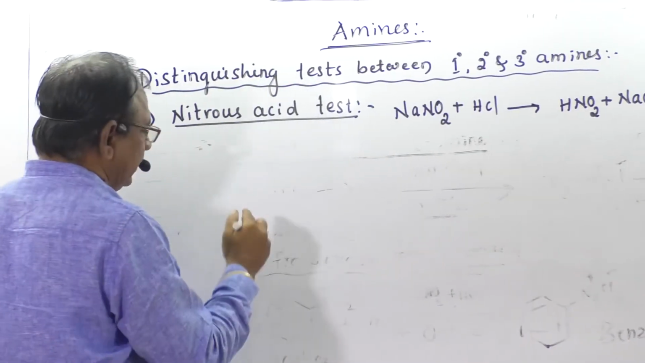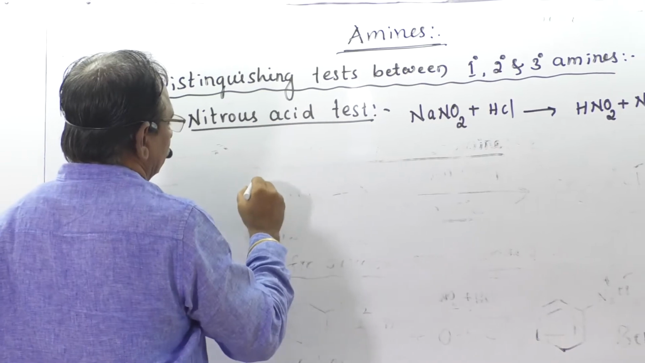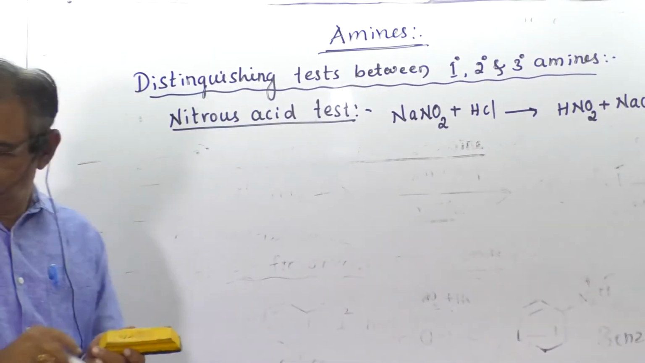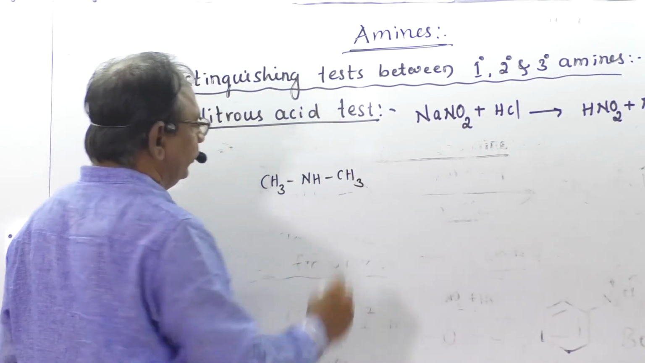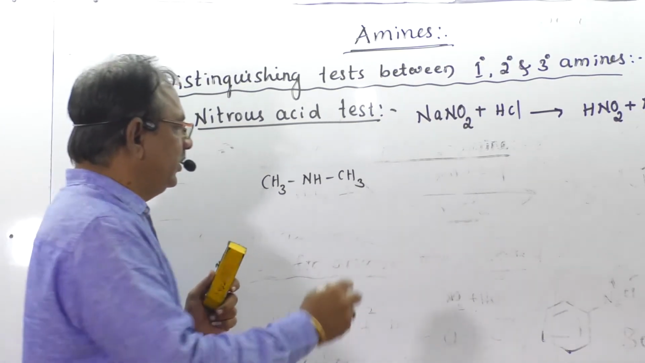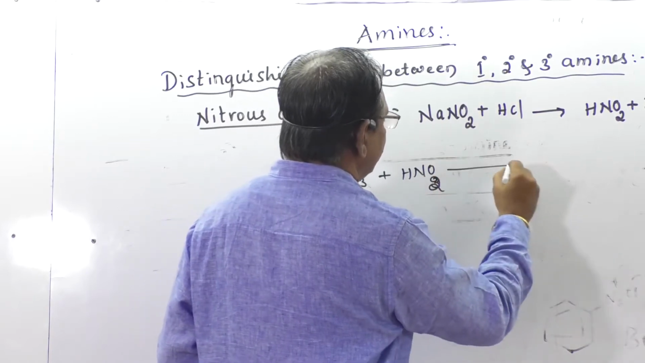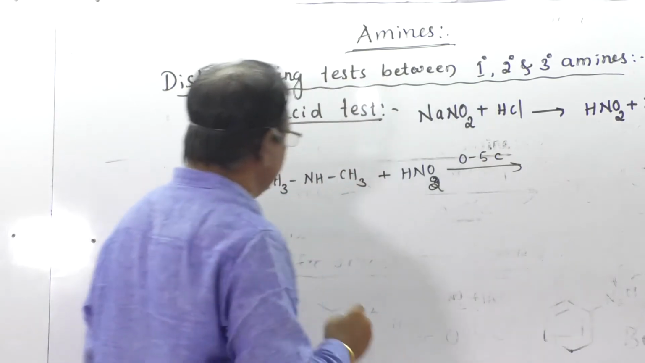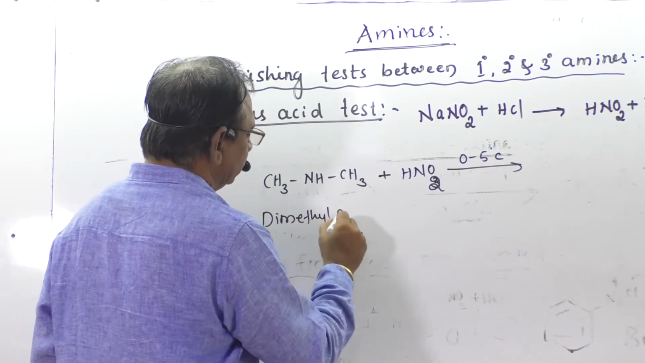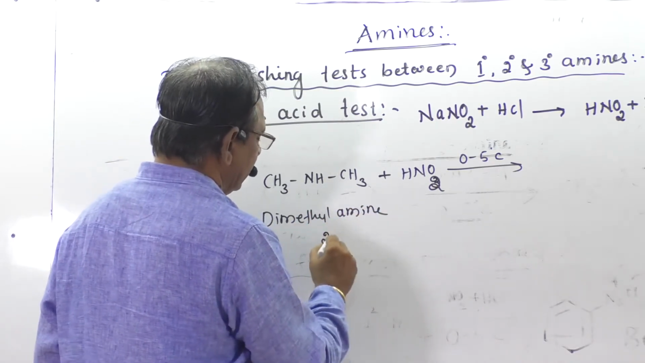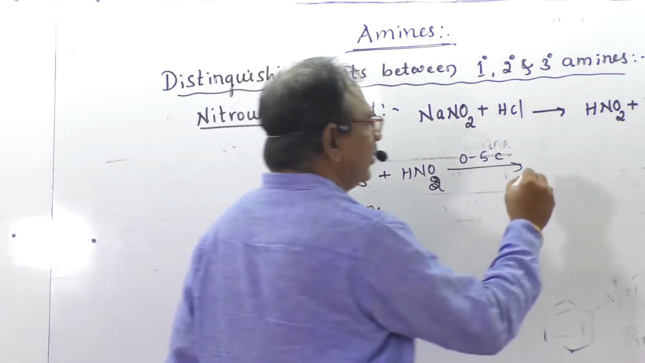One of the secondary amine examples is CH3NHCH3, which is treated with nitrous acid, which takes place at 0 to 5 degrees Celsius. This example is called dimethylamine. That is a secondary amine. Dimethylamine is treated with nitrous acid to form